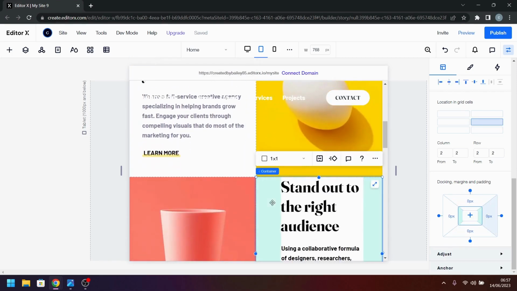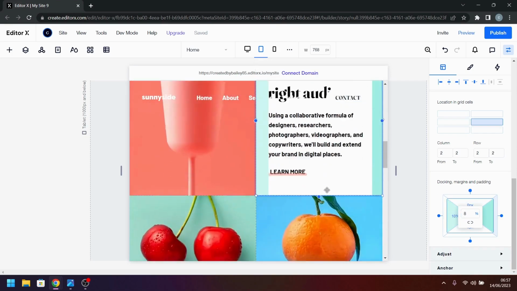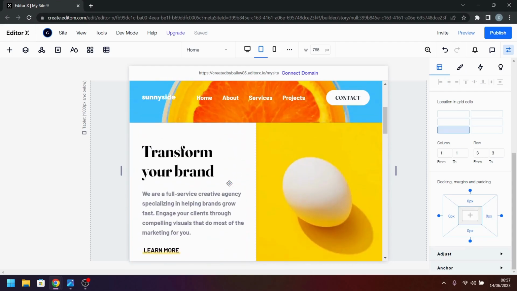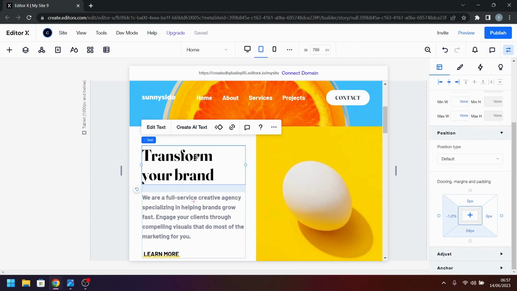And then we would do the same for the other containers padding. So we do 10% on the left and 8% on the right. We didn't use padding on those ones, so next I think we will reduce this, make sure these are docked properly,